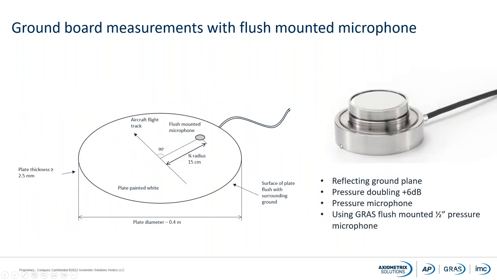So the microphone that we have put into this construction is this flat microphone, where we have taken the preamplifier and we have another form factor on that. So we still have a capsule, the microphone capsule, and a preamp, and then we have the CCP or ICP connection to your analyzer or test system. What we also get here is a pressure doubling, because this is the same situation as the upside down configuration. So we use a 1/2 inch pressure microphone for this setup.